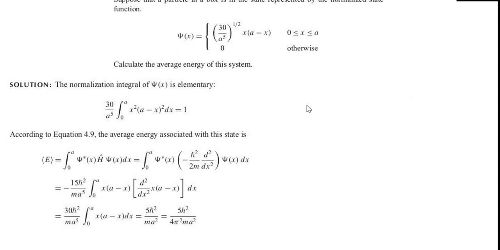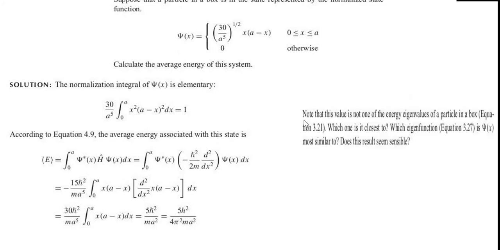I am not showing it, but I am just giving the remark that after doing all these things, you will see the value is coming like this. What is it? The average E. That means you have applied postulate 4 using this psi and using the Hamiltonian for the 1D box problem, that is this. Okay, so then if you integrate the whole thing, you will get this value. And note that this value is not one of the energy eigenvalues. Of course, this is not n square h square by 8m L square for any n.